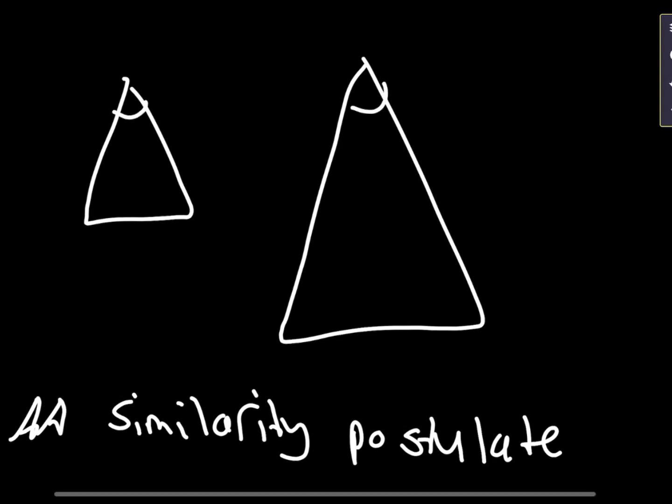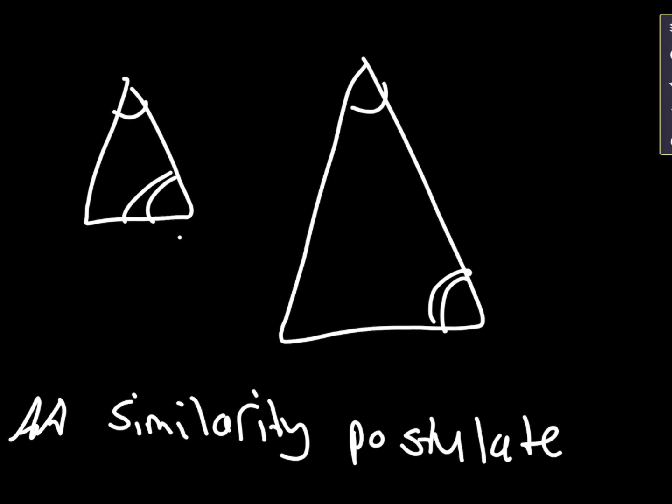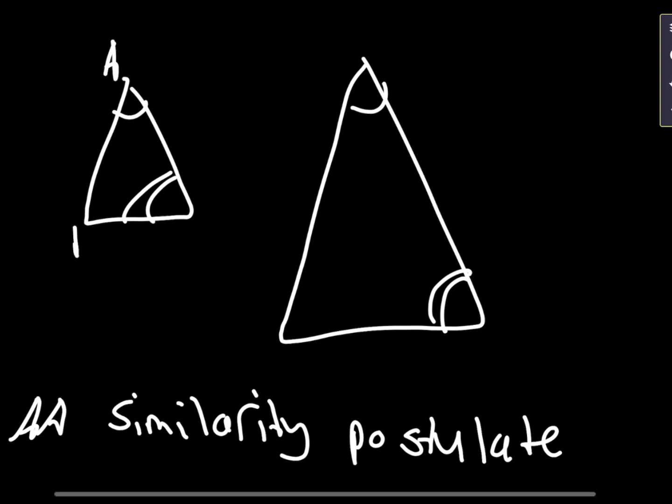But if two angles of a triangle are congruent to two angles of another triangle, then those triangles are similar. So if this is triangle ABC and this is triangle DEF, you would say that triangle ABC is similar